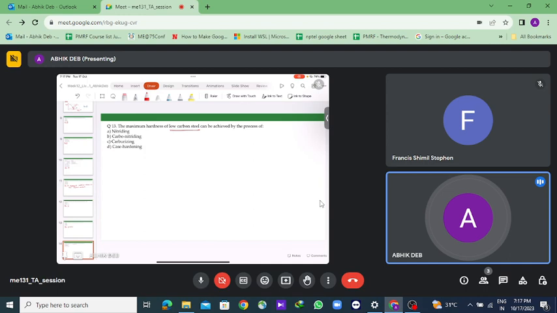I don't think it is such. Both low carbon steel and aluminium alloys, I've read from a Groover textbook, they are giving. It might be the case. I am not certain about it, but both low carbon steels and aluminium alloys can be subjected to maximum hardness